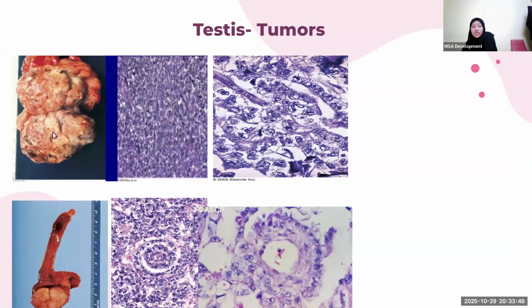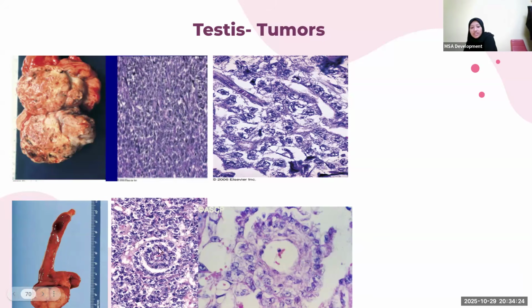Now, this looks very much worse than the last one, right? It looks like a fungating mass. The cells themselves are neoplastic. They do not look normal in a way. Very high nuclear to cytoplasm ratio, and so on. This itself is embryonal carcinoma. Whereas this one here looks okay, but there is hemorrhage and necrosis that we didn't see